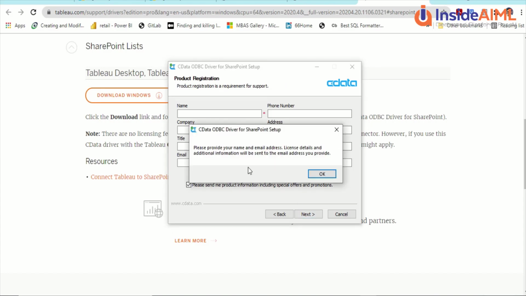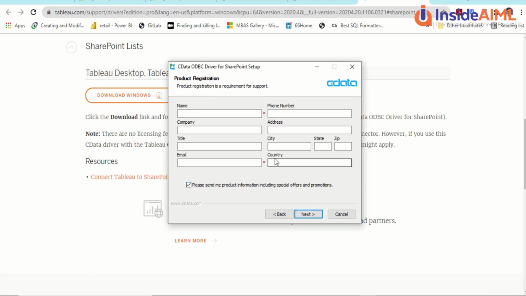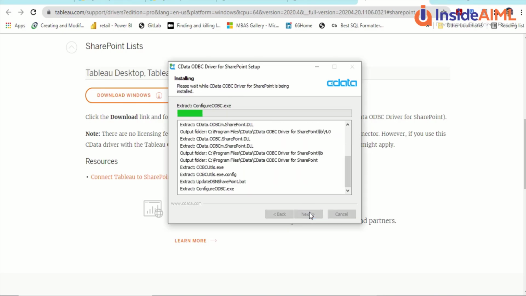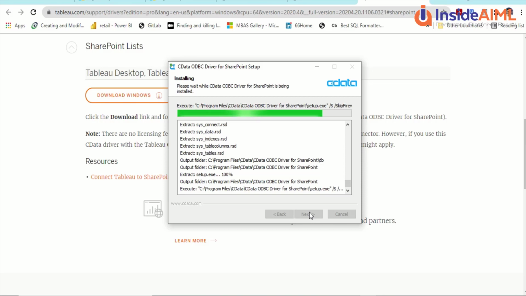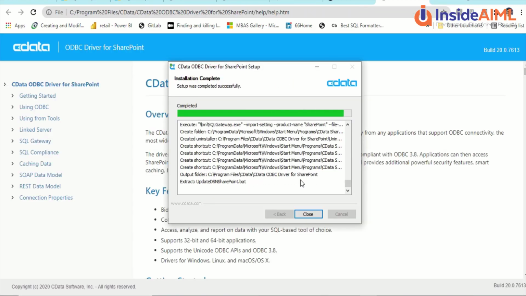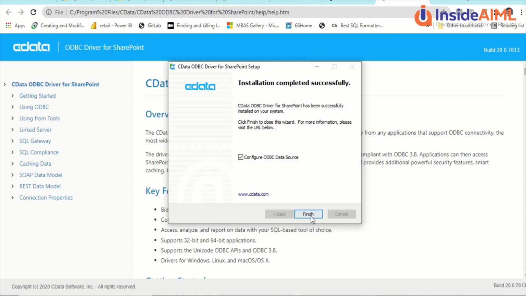okay, it is asking for a lot of information. So let me fill these up and say okay. Meanwhile, you can also go and fill these up. Two things were compulsory, only name and email ID, and I have done that, and let's install it. Then again, we will go back to Tableau and try this out. We would like to see what additional steps are required in case a driver needs to be installed on Tableau. Okay, so it's opening certain things. Finish. Let's see.